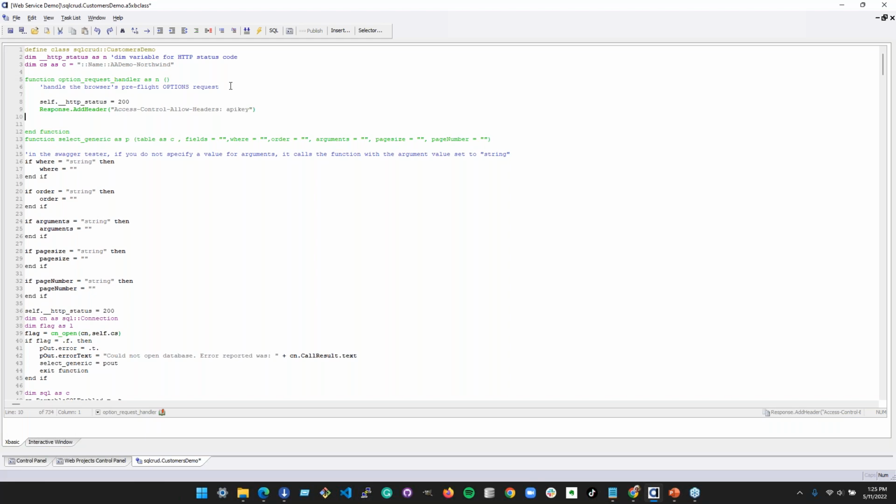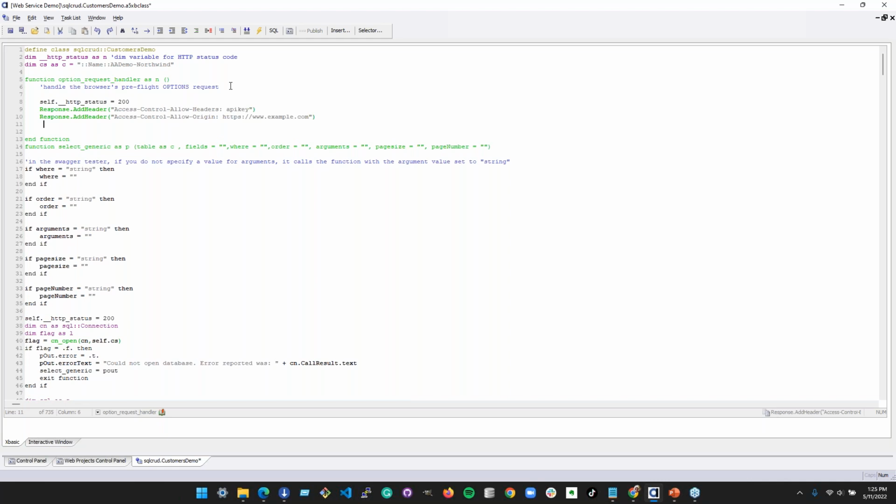So if you wanted to change this, you would come in here and you would add a header for each one of those. So we could do access control allow origin, and maybe we only want example.com. Now remember, the origin is the protocol, the domain, and the port. So you'll want to make sure those are all specified here. And maybe the only thing we allow